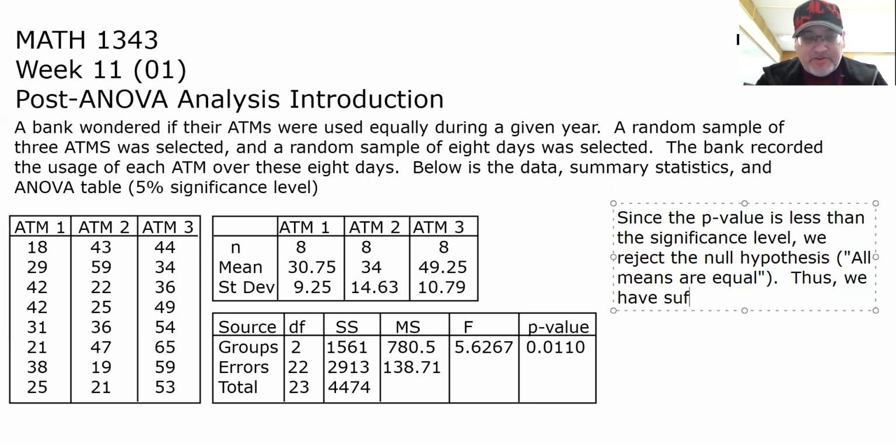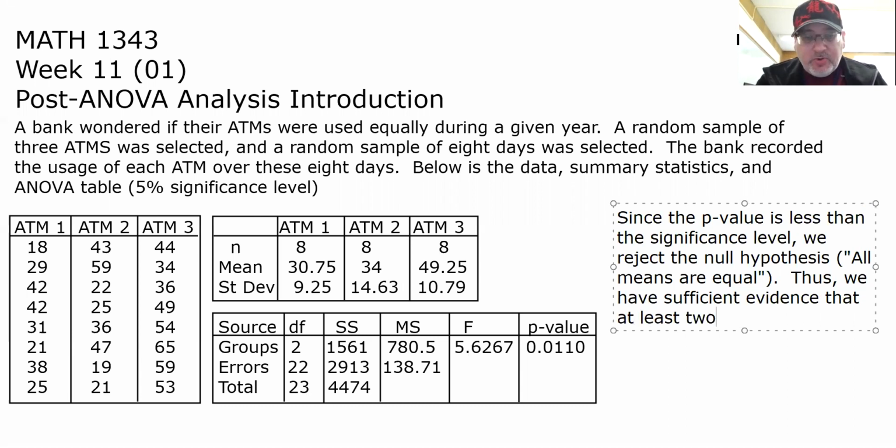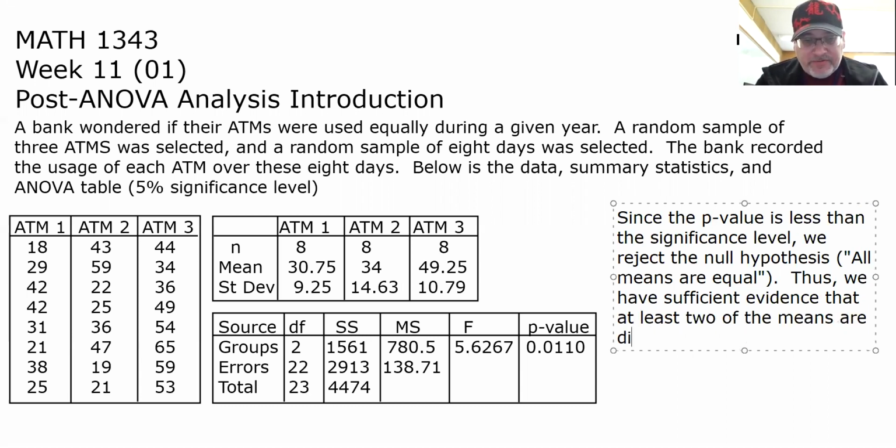Thus, we have sufficient evidence that at least two of the means are different. So that would be a good way to close that